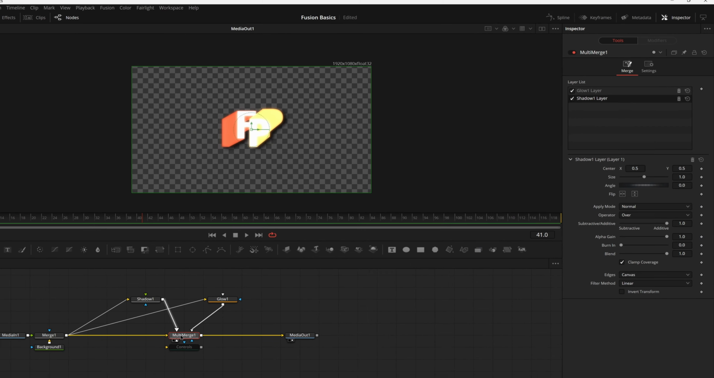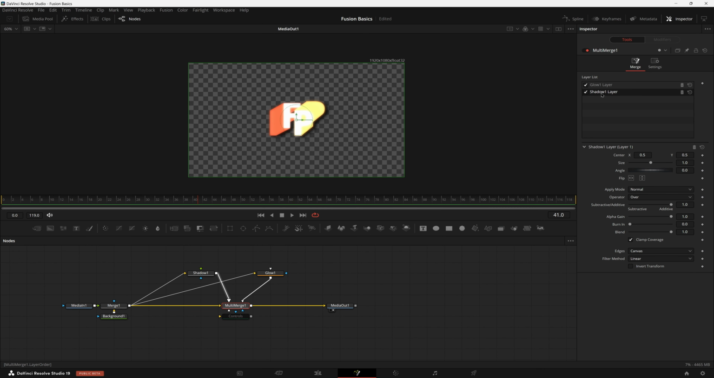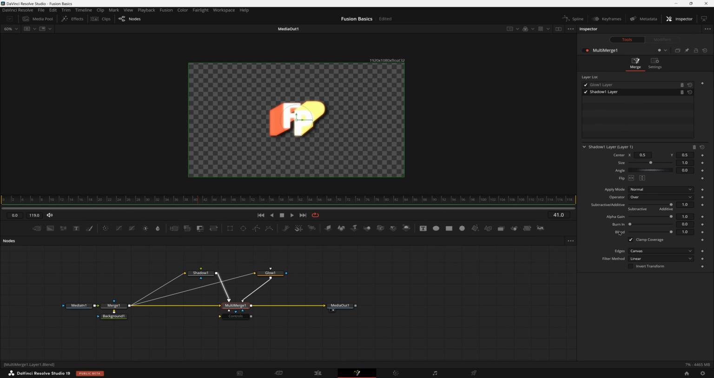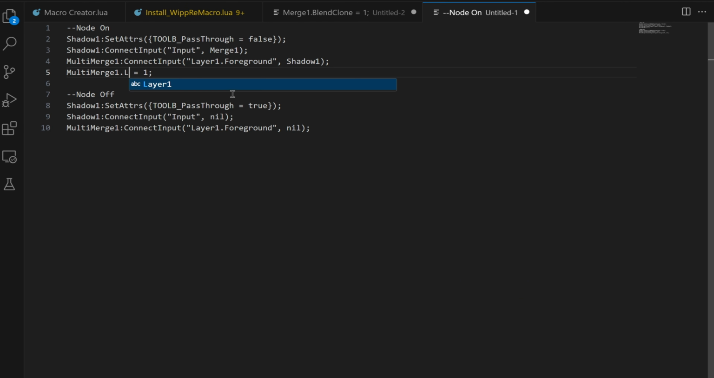So if we go back into our multi-merge and hover over blend when we're in the shadow layer, we can see this is called layer1.blend, just like how this was called layer1.foreground. This one is still using that layer 1 dot prefix. So let's go ahead and add that into our code just like we did before, and this should work just fine. If we go ahead and copy this and invert this for turning it off,